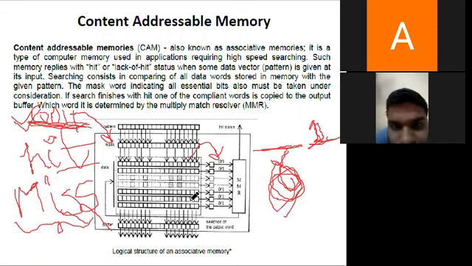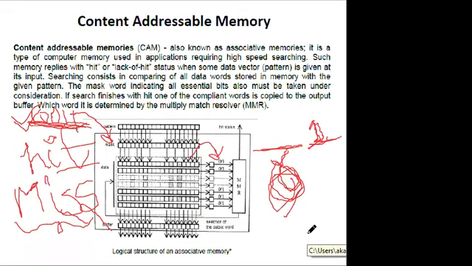These kinds of memories are not very big memories. They are just a small amount of memory, of the order of cache memory, or just higher than that. But they are implemented in order to perform a search operation faster, or to search for data when speed is required. So searching consists in comparing all data words stored in the memory with a given pattern. So the pattern is that address.